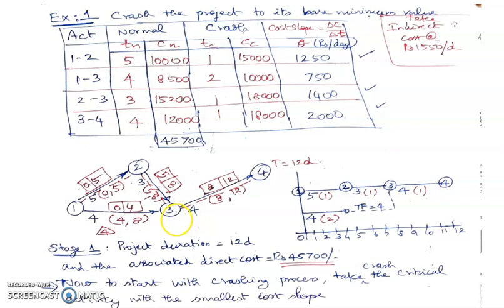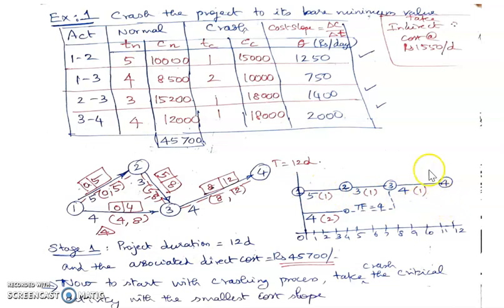So we'll continue with the problem. First stage, what we have done in the crashing process, we have found out that the normal duration of completion of the project is 12 days and the associated direct cost is 45,500. This normal duration we have got from the CPM calculation. We have drawn the square network, and in the square network we've incorporated against each of the normal times its crash time value. Okay.